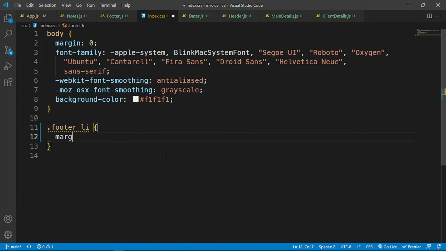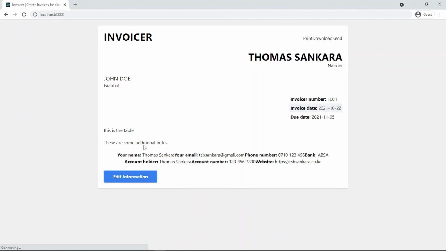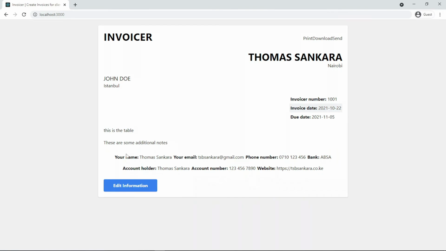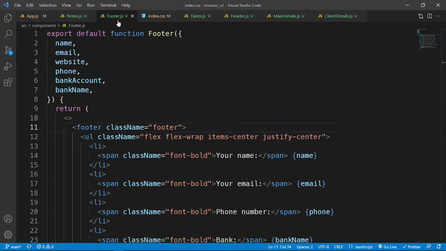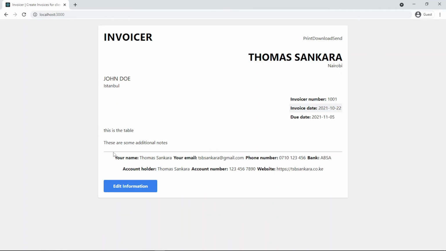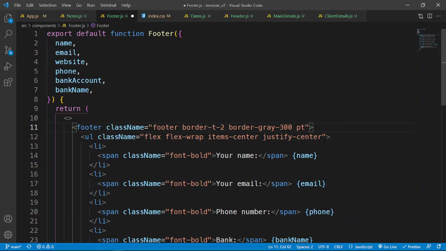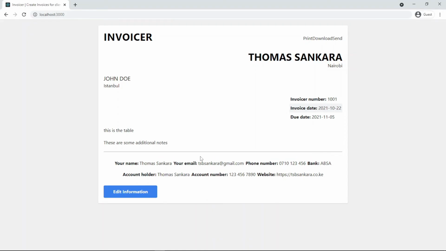Then I want to say a margin of, let's say 0.5 rem on the top and bottom, and 0.2 rem on the left and right. 0.2 rem, how much is that? That looks fine. And then let's go inside the footer once again, and let's just say border-top-2, and then border-gray-300. Let's see how this looks. So we're going to have that, and then let's say padding on the top of 5, push it downwards like